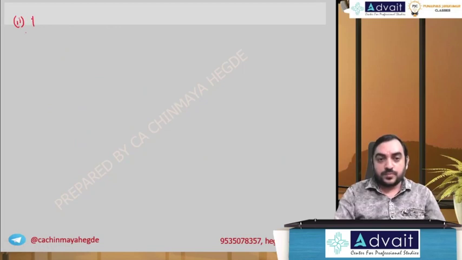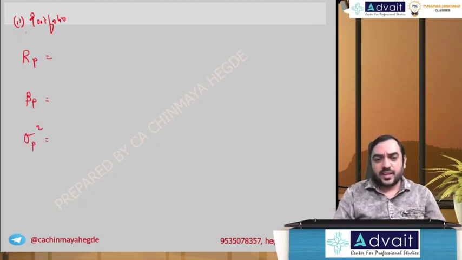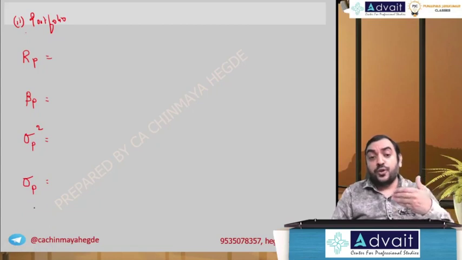For the portfolio, what all do we have to calculate? Portfolio return, I'll say RP. Hope you understand the short form. Portfolio return we have to calculate. Then beta of portfolio we have to calculate. Then standard deviation of portfolio. Variance. Once I compute the variance, if I take a square root, I get the standard deviation of the portfolio. Okay. First of all, to compute the portfolio, I need